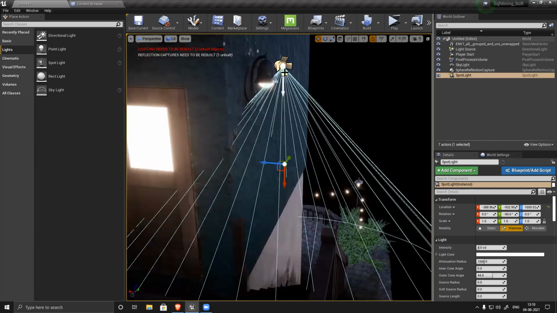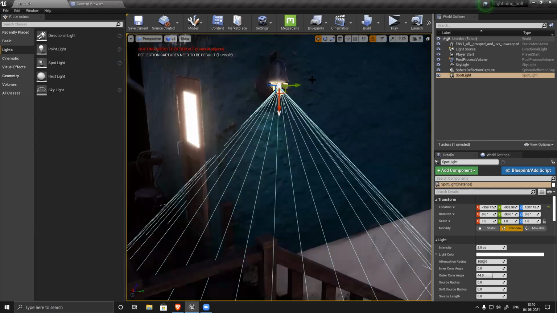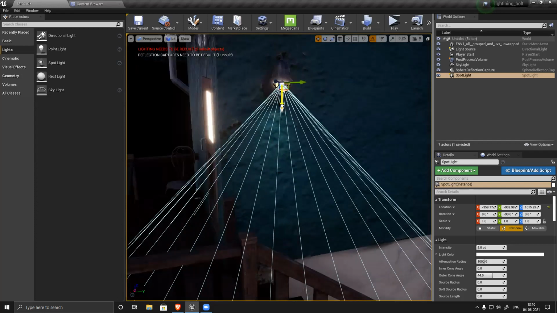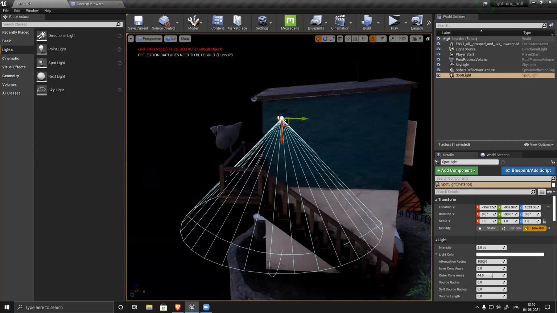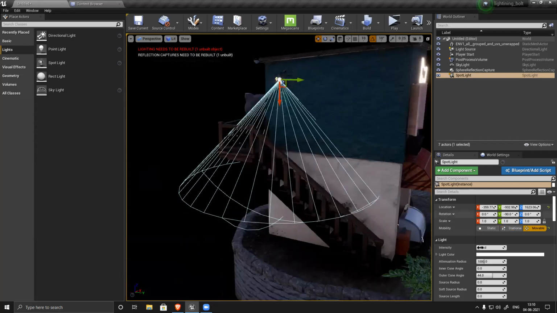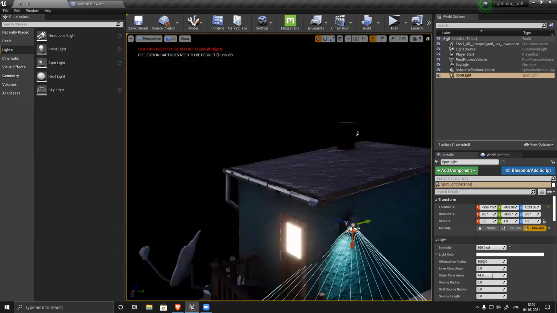Wherever you have the light source, place it there. You can make it static, that's fine, or you can make it movable, both fine. But you can see I cannot see anything, there's no brightness. So increase this, it will create the lighting information.